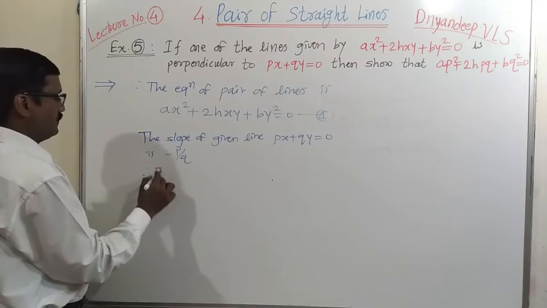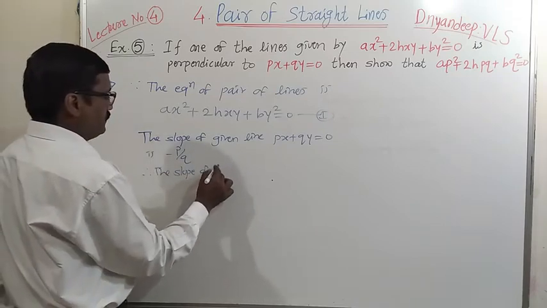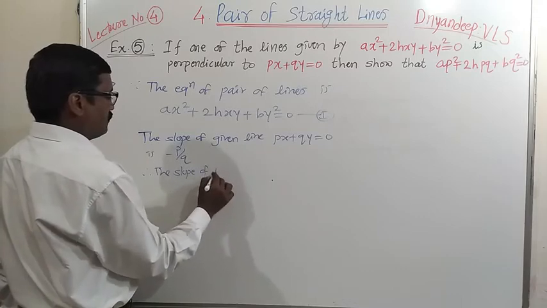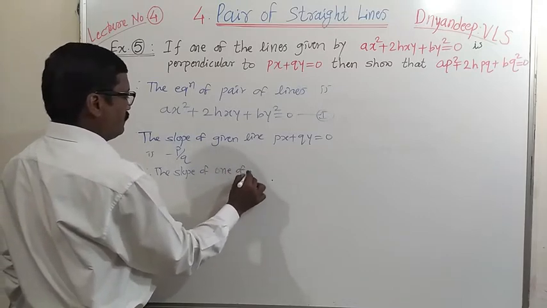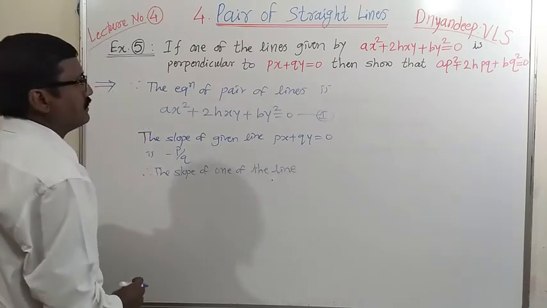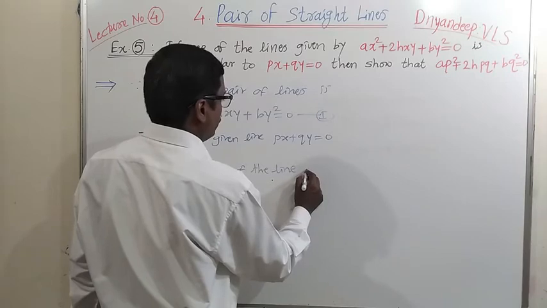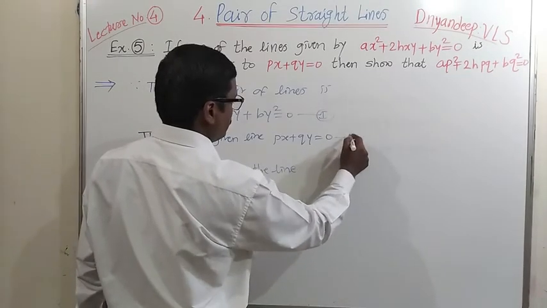Therefore the slope of one of the lines perpendicular to it, suppose this as second equation, then